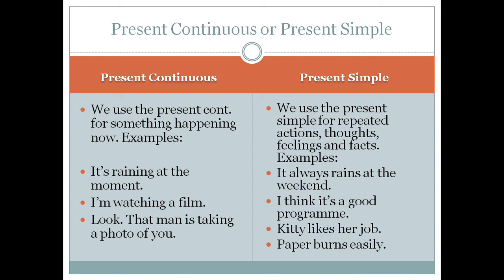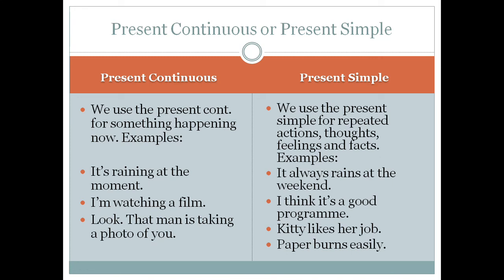Present continuous or present simple. Now we have a comparison between them. Present continuous: we use the present continuous for something happening now. Example: it's raining at the moment. I'm watching a film. Look, that man is taking a photo of you. So any action happening at the moment of speaking, happening now, should be in the